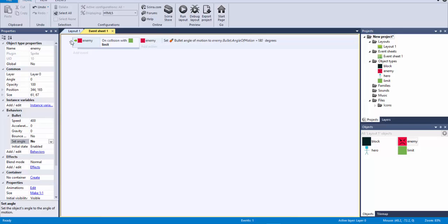Then it works. So basically what it's saying is like, hey, the angle of motion now, because it's not set, it's not going to be the same as the angle of my image, which is perfect. It's exactly what I want. Now, how can I change the fact that the